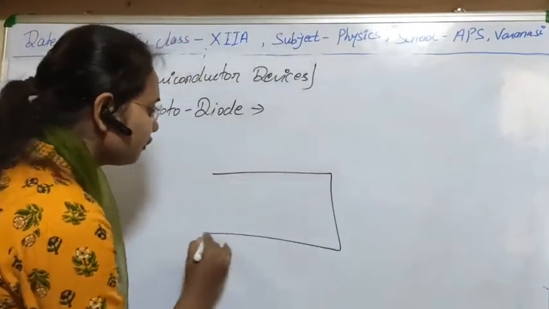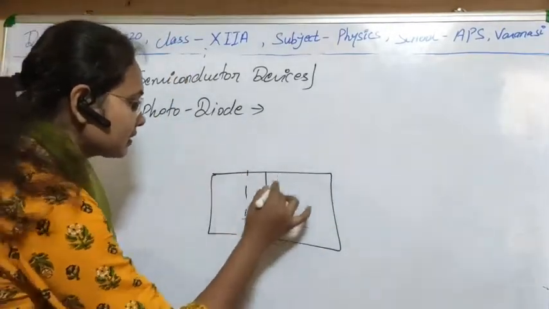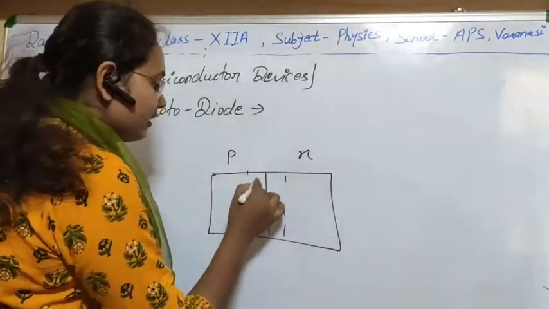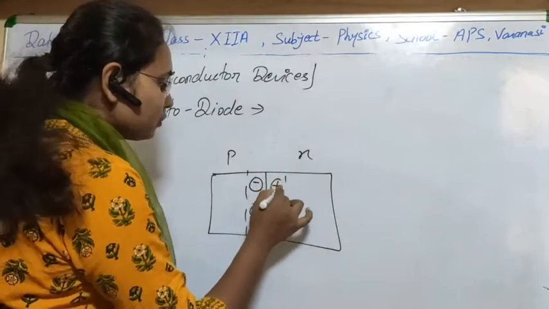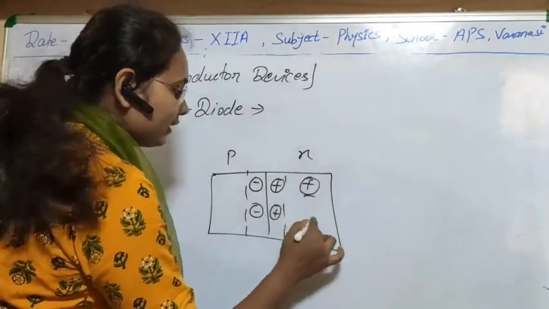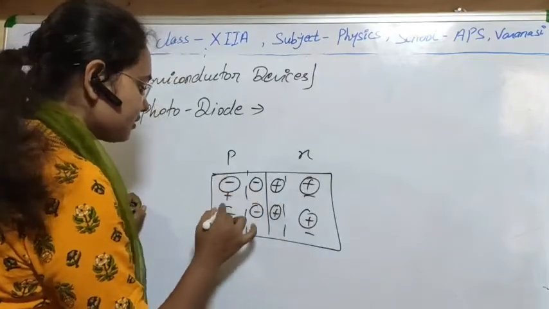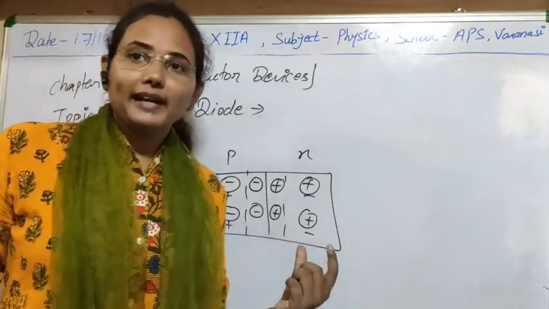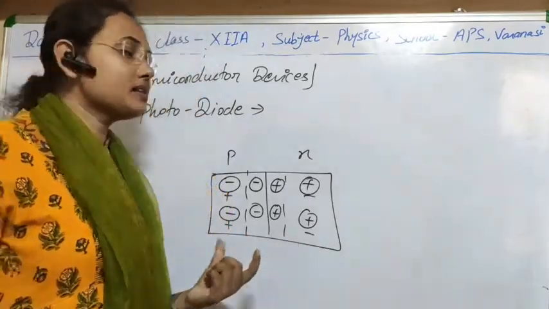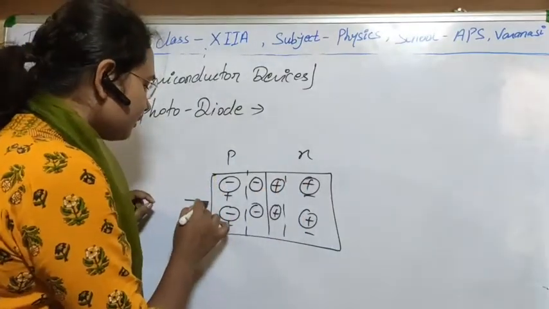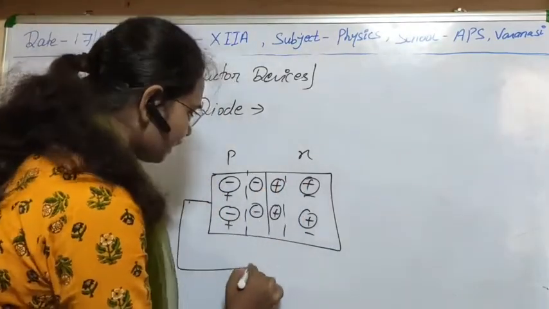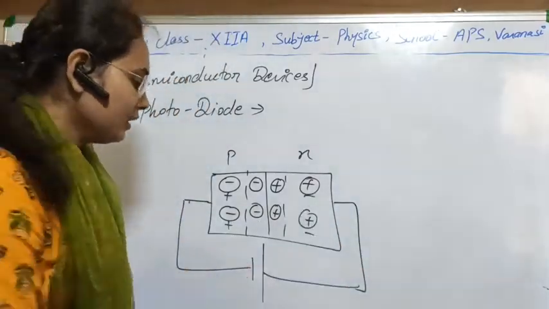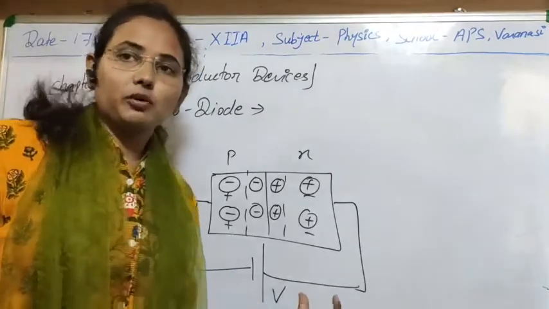Suppose that this is a PN junction diode, so this is P type and N type, and in between is the depletion region, in which there are acceptor ions and donor ions, donor atoms and acceptor atoms. Okay? Now to overcome this depletion region or to get current in the reverse bias characteristic, first we connect it in reverse bias. It means we have to connect P to the negative terminal and N to the positive terminal, and suppose that we kept this voltage constant.